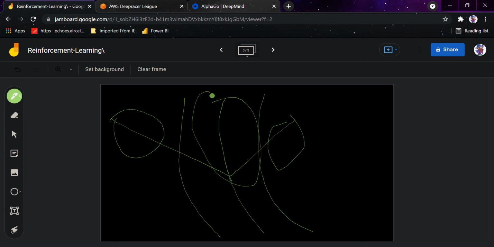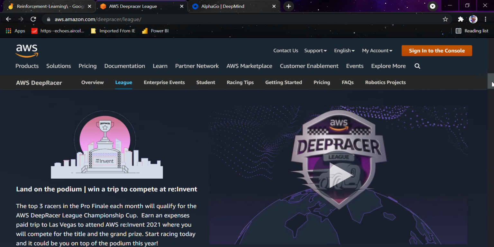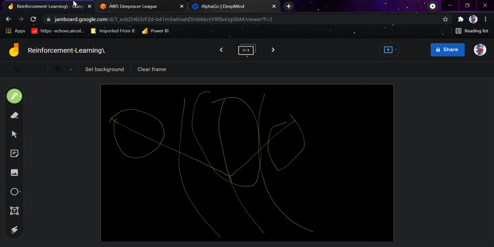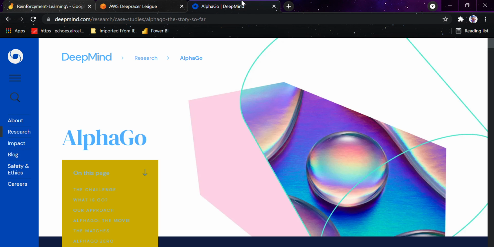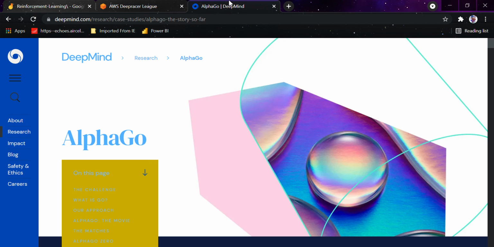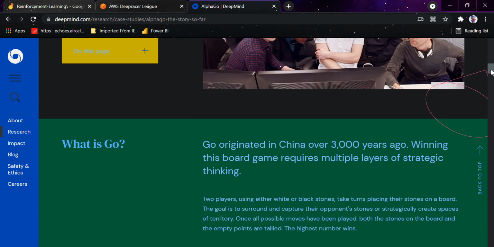So you are basically making a model learn the winning policy. You are analyzing millions and billions of possibilities of right and wrong, and from that you learn how to make your model the best in this whole competition. I would suggest you go and explore these racing tips and how things in reinforcement learning work in this competition. It's active even right now. It's also nice to see how AlphaGo works, how some real-world examples work through reinforcement learning.